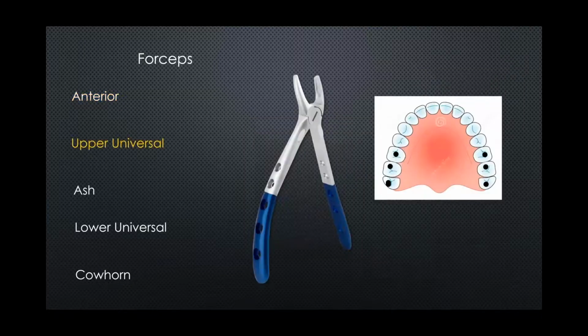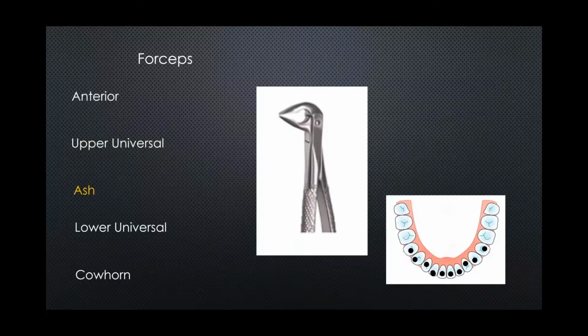Okay, now the remaining teeth in the maxilla, where there's a first molar, second molar, and third molar, I like an upper universal forcep for that. So these 2 particular forceps we can use for taking out any tooth on the maxilla. It covers all bases. As far as the mandible goes, the Ash forcep, I like to use this particular forcep